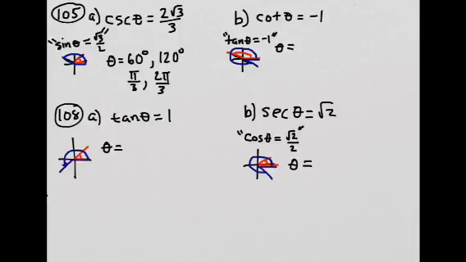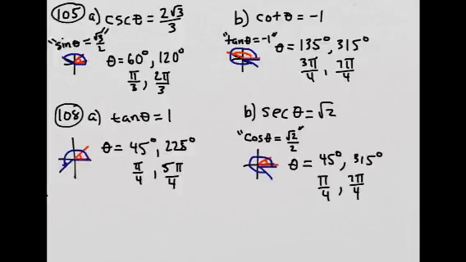Take it back, I made a mistake. I was trying to rush through it, but it's actually 60 degrees and 120, so it's pi over 3 and 2 pi over 3. So here are the answers for the other ones. Right here and right here. And then tangent 1 is 45 and 225, pi over 4, 5 pi over 4, and then secant